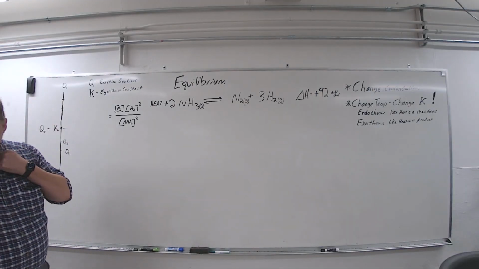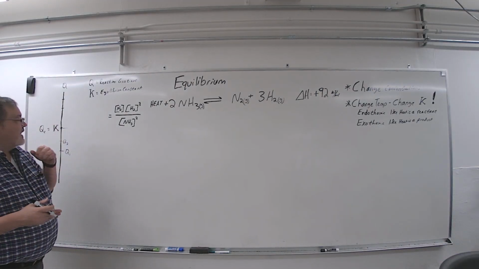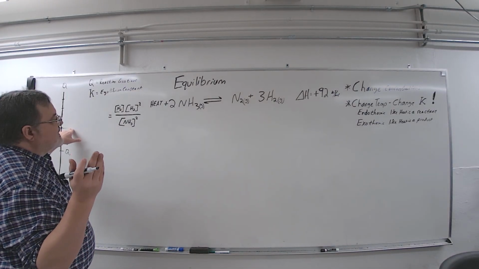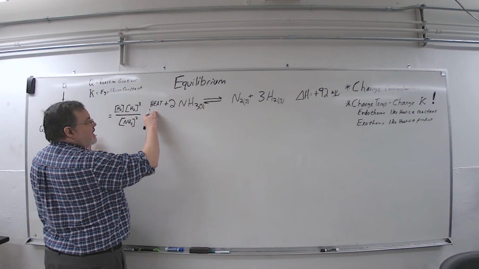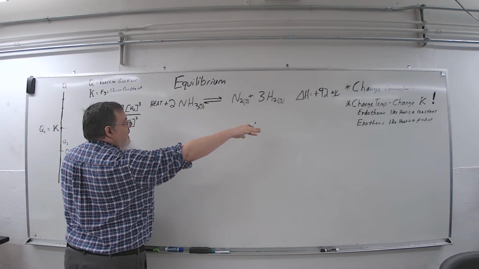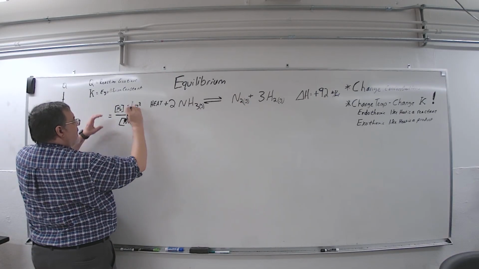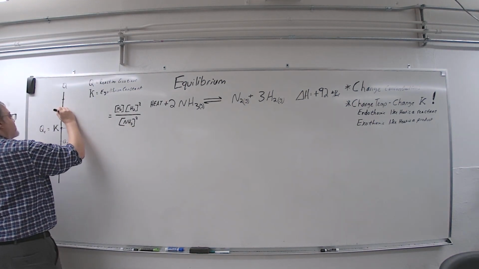But what I'm saying in the shift is you actually change K. K is at a different point. If this was K before and at a low temperature, okay, so let's see what happens. If I increase this, and we're shifting that way, that means the product is getting bigger and this is getting smaller. That means this is getting bigger and this is getting smaller. What I'm saying is,